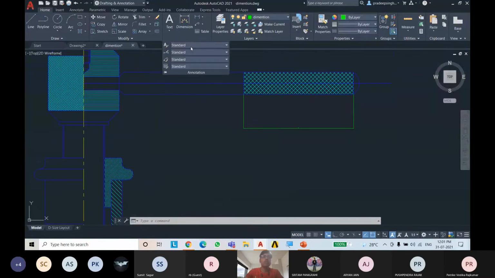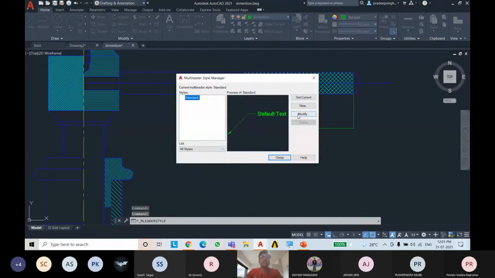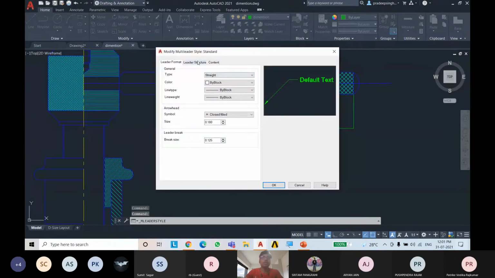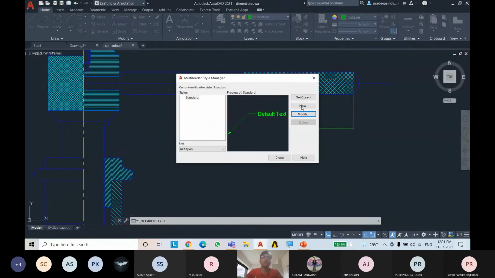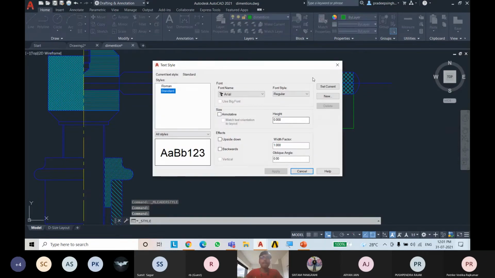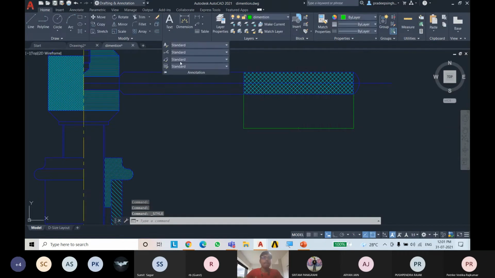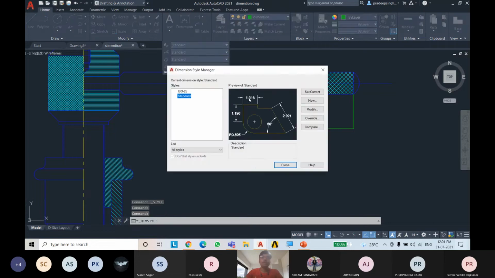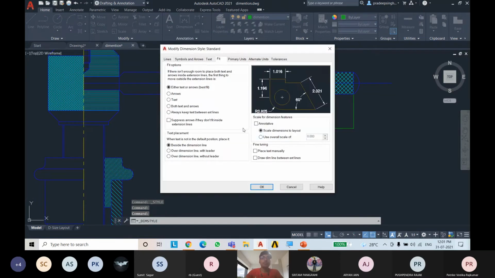So just go to standards, manage multiple styles, modify. Yeah, go to the standard, click on modify.